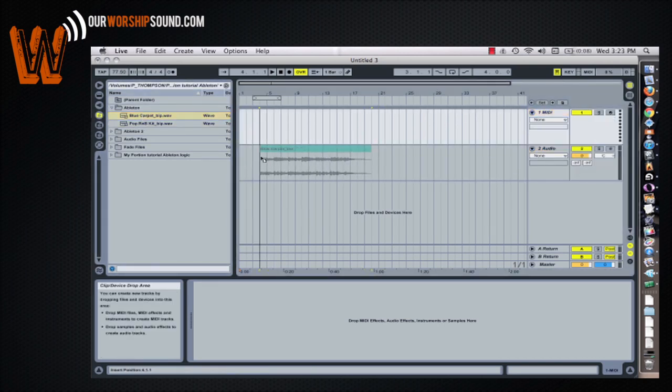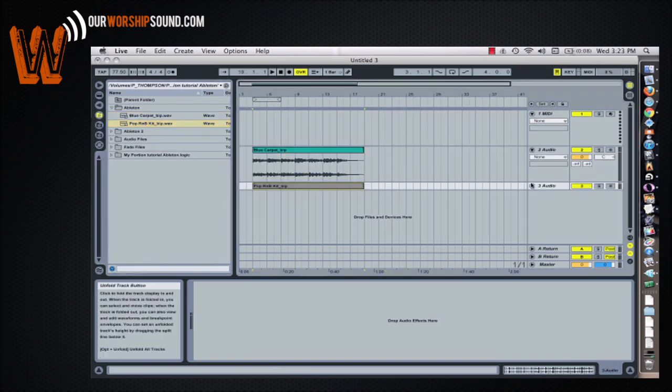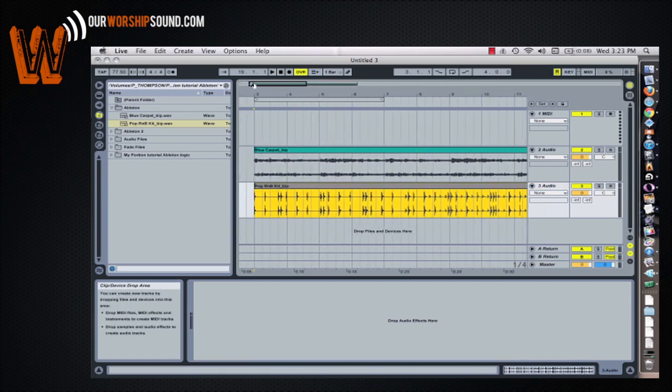So we'll keep that and start dragging our audio files in here. And it doesn't really matter where in the grid you put them because we're not going to really use this arrangement view. We're going to use the session view, which we'll get to in a second. Now when we get these in here, we're going to play it. That is playing more slowly